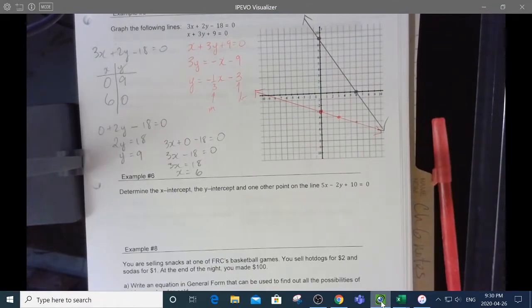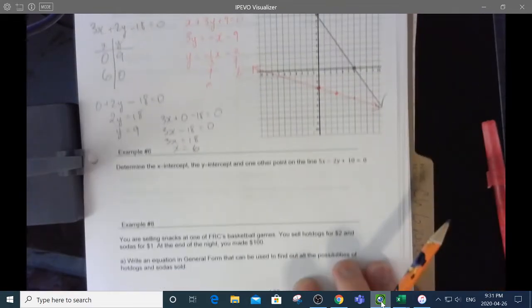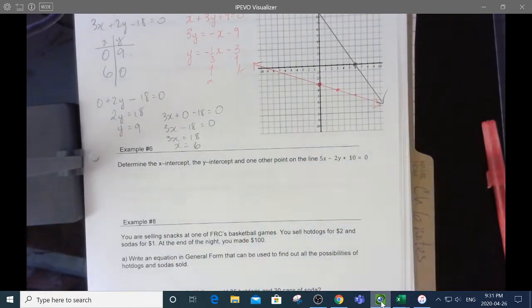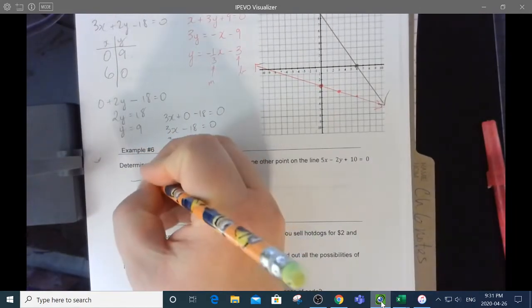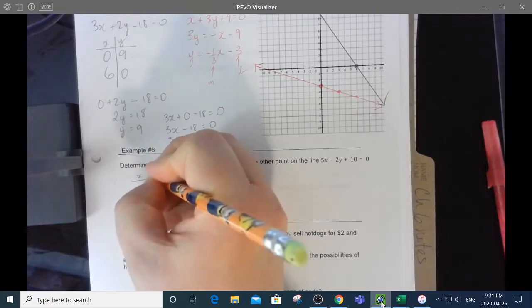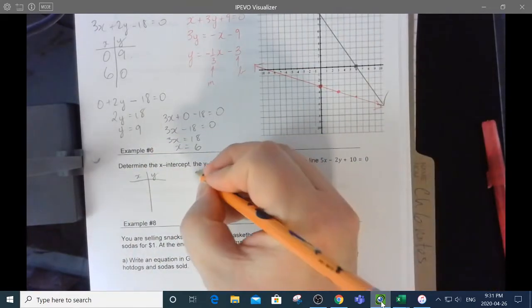Okay. All right, example 6. Kind of more of this type of thing. Determine the x-intercept, the y-intercept, and one other point on this line. All right, so let's do that. Let's make ourselves a little table of values. So the x-intercept